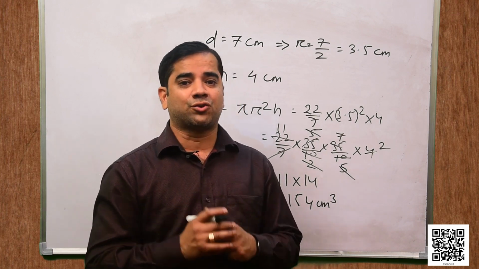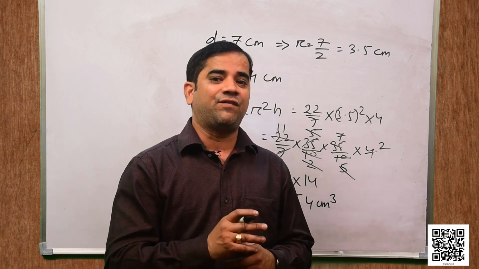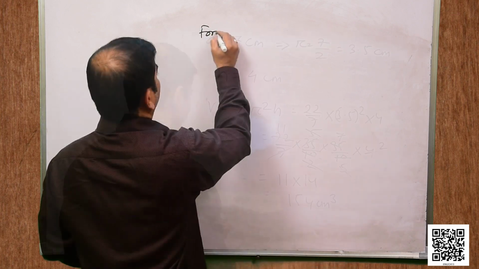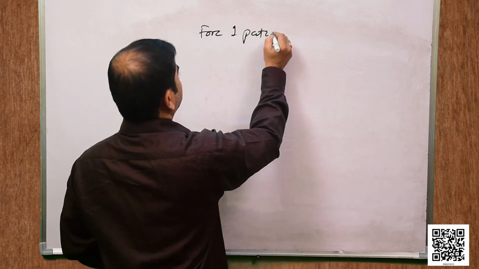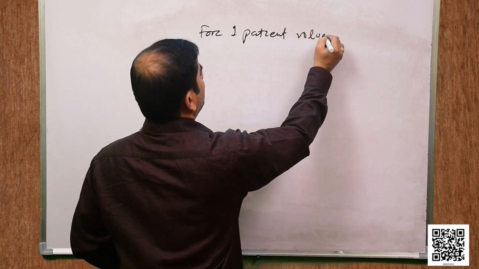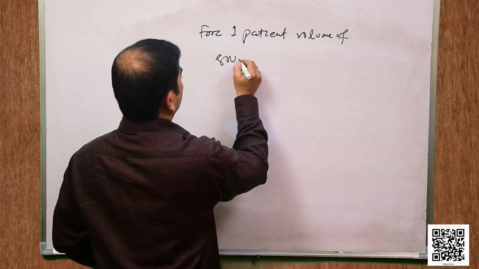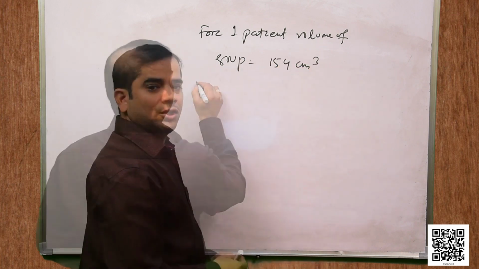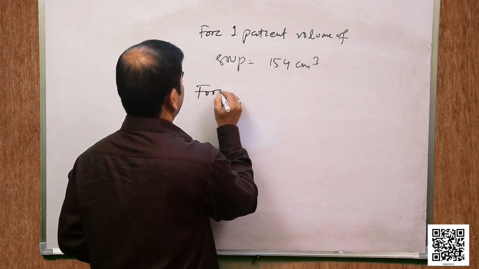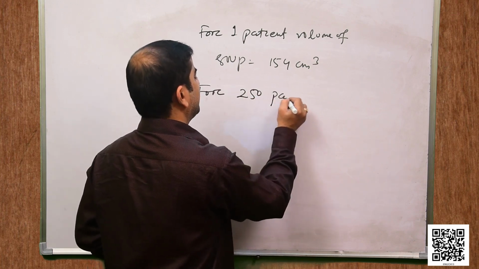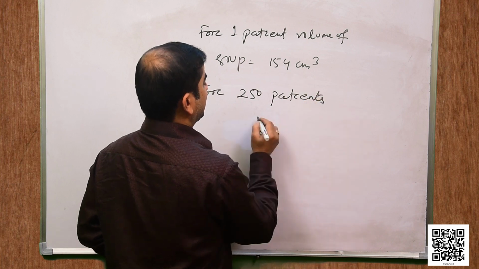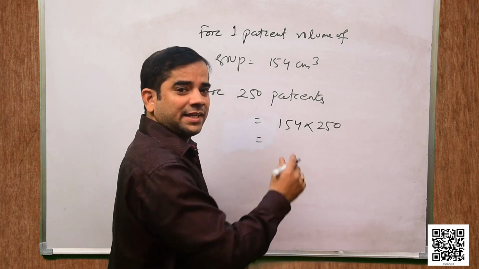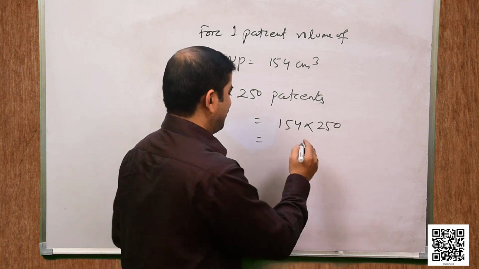That means the amount of soup the hospital has to prepare daily for one patient is equal to 154 centimeter cube. For one patient, the volume of soup is equal to 154 centimeter cube. So students, for 250 patients, that will be equal to 154 into 250, that is 38500